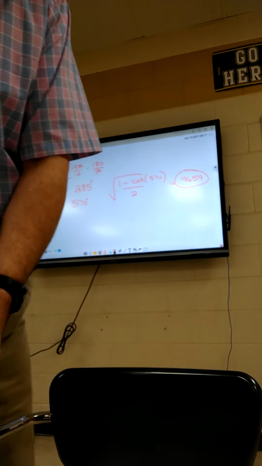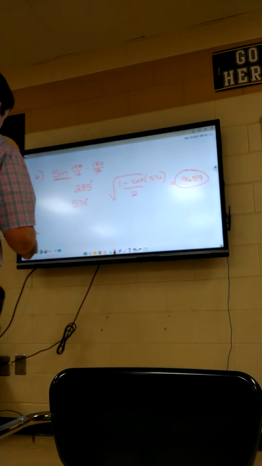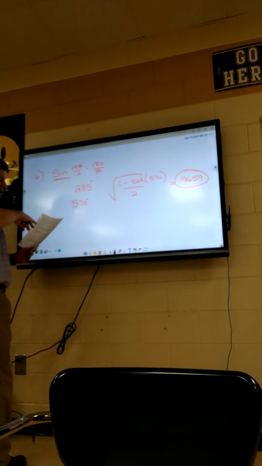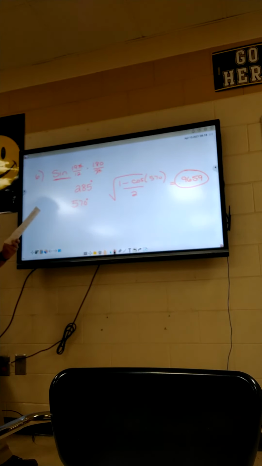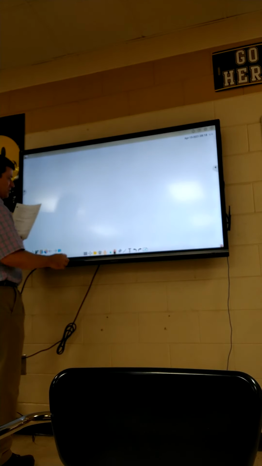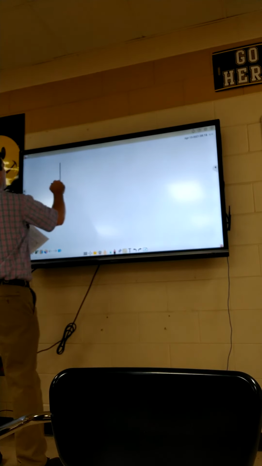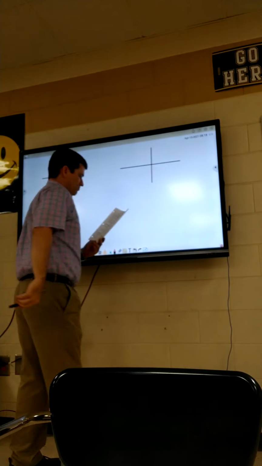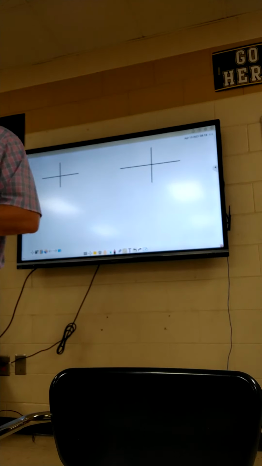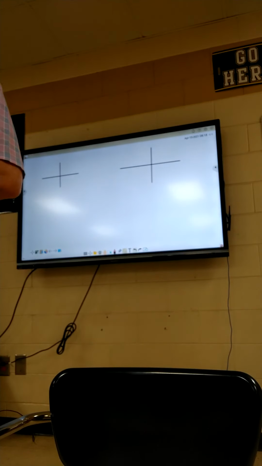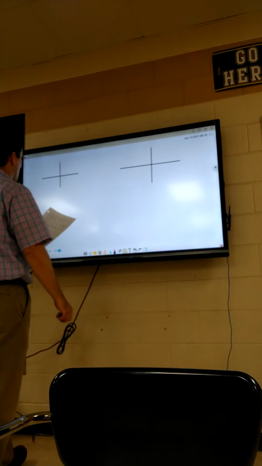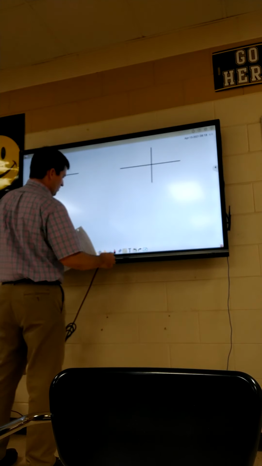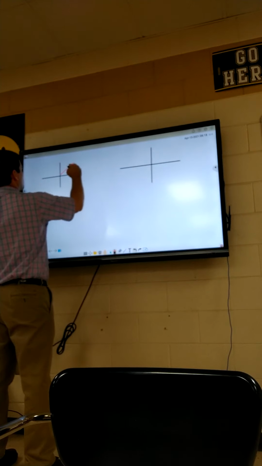All right, let's go to number 7 now. From number 7 all the way through the end, this is where you have to draw both triangles and label all the sides. Charlotte, stop me if you get a question. What we have to do is draw 2 coordinate planes. I drew them right here above number 7 in that little blank spot. Each problem says the triangle has to be in the first quadrant. So, first quadrant,